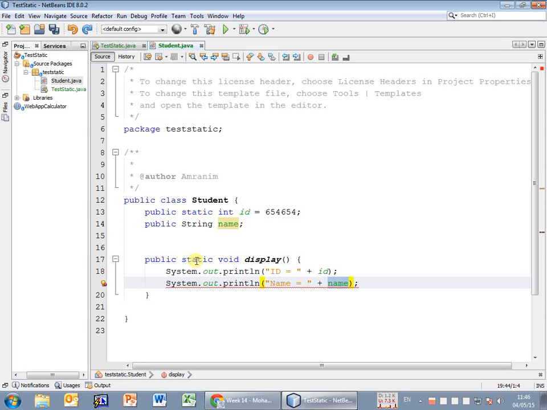In a static method, you can only use static variables. So I cannot do something like this. I can do it if I convert this to be static. Now that's fine, that's not a problem anymore. But if I'd like to make a method static, all the different variables that are used inside of that method should be static, because this is not a variable that belongs to an instance, but to